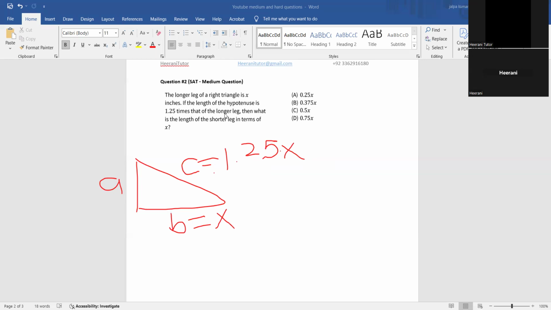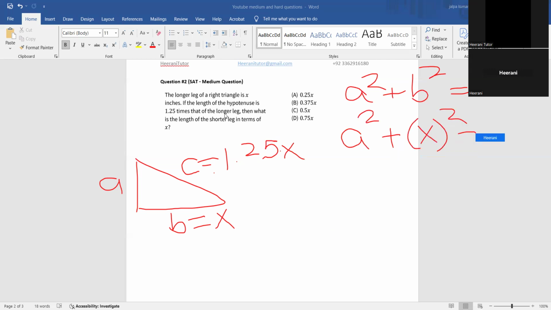Then what's the length of the shorter leg? That means they are talking about A in terms of X. So again, applying the Pythagoras theorem, A squared plus B squared is equal to C squared. We have to find out A squared, given that we know that B squared is X squared and C is (1.25 X) whole squared. So A squared plus X squared, and 1.25 squared is